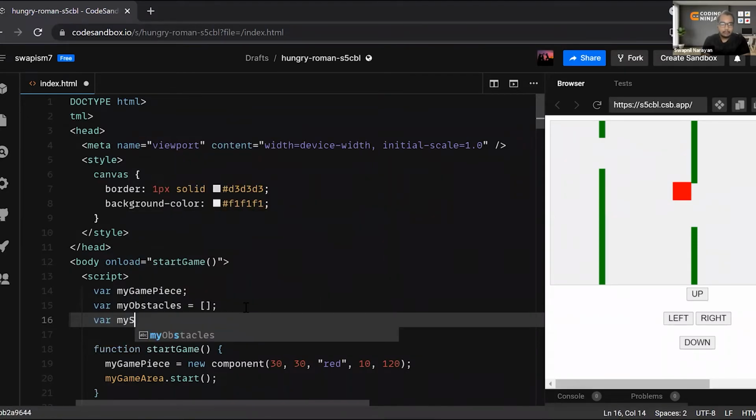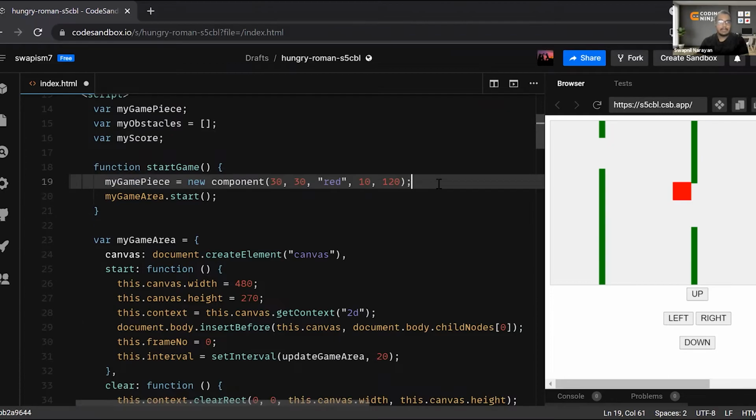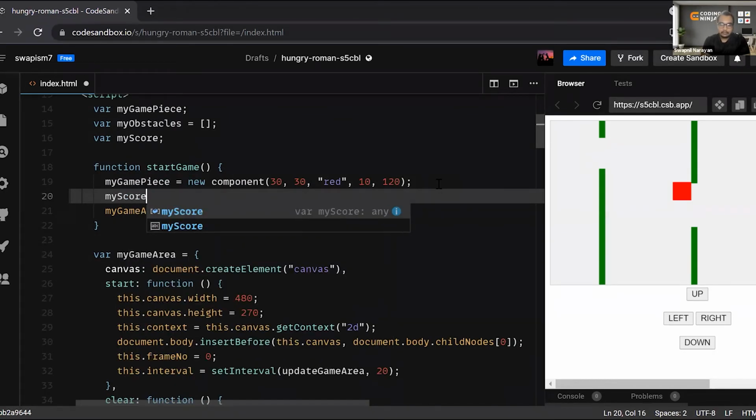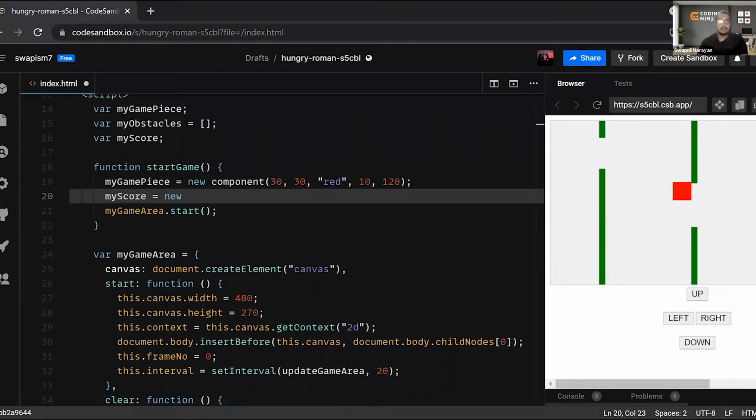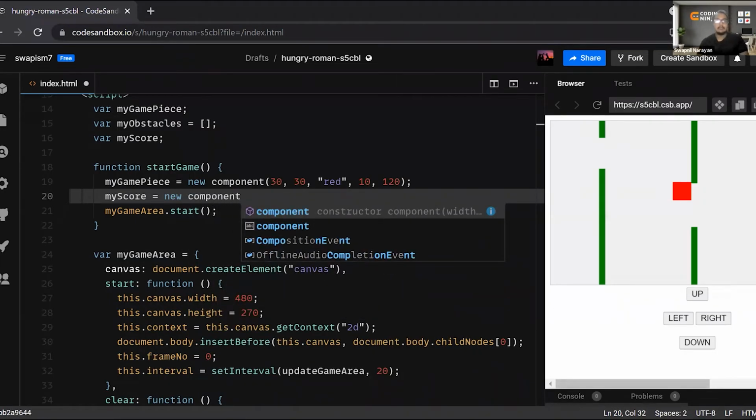Let's say where my score. Fine, this I have got. And now in the start game itself I will be calculating the score. My score is equals to new, we will be counting the score like this. I'll show you over here. In the start game I need to make a component for score as well, so that it will be visible inside the game. Over here in the game itself, I need to show the score, right? So that's why I am making a component for score as well. So how will it look like? It will look like this.